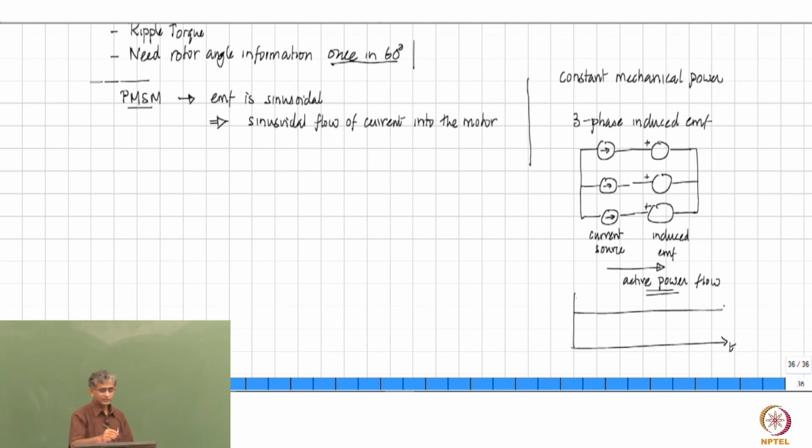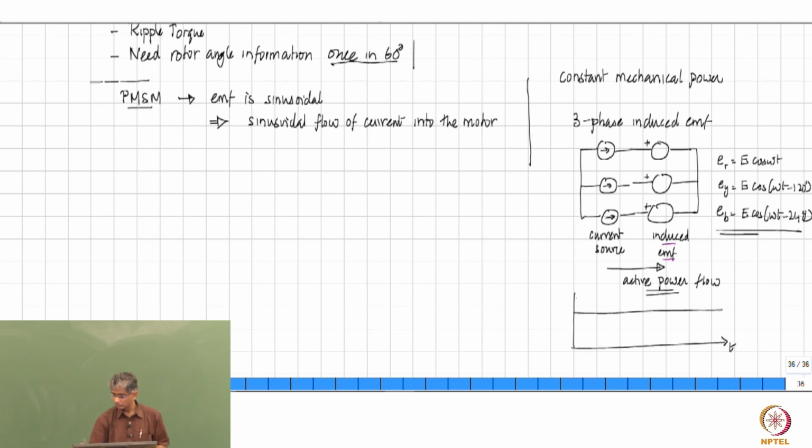And by circuit analysis, what one can understand is that if the induced EMFs are of the form eR is equal to E multiplied by cos omega t, eY is equal to E multiplied by cos of omega t minus 120 degrees, and eB is E cos omega t minus 240 degrees. If this is the induced EMF set,